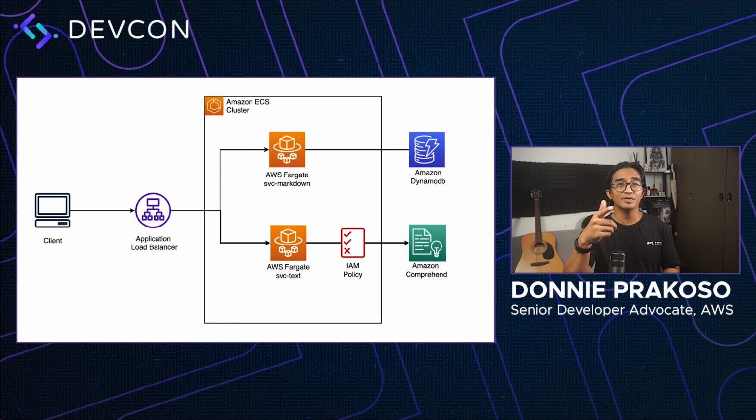In the next demo, to demonstrate how to integrate AWS CDK and AWS Copilot by creating add-ons, we're going to build a new service called text, which needs to evaluate the text input provided by the client and predict the language of the input, as well as extract key entities found in the input. That includes organizations, dates, event locations, commercial items, and others.